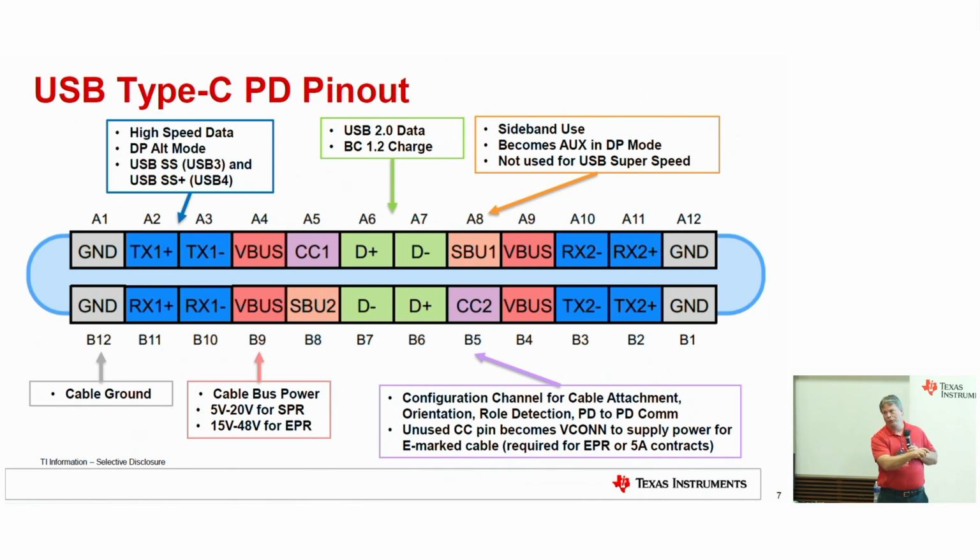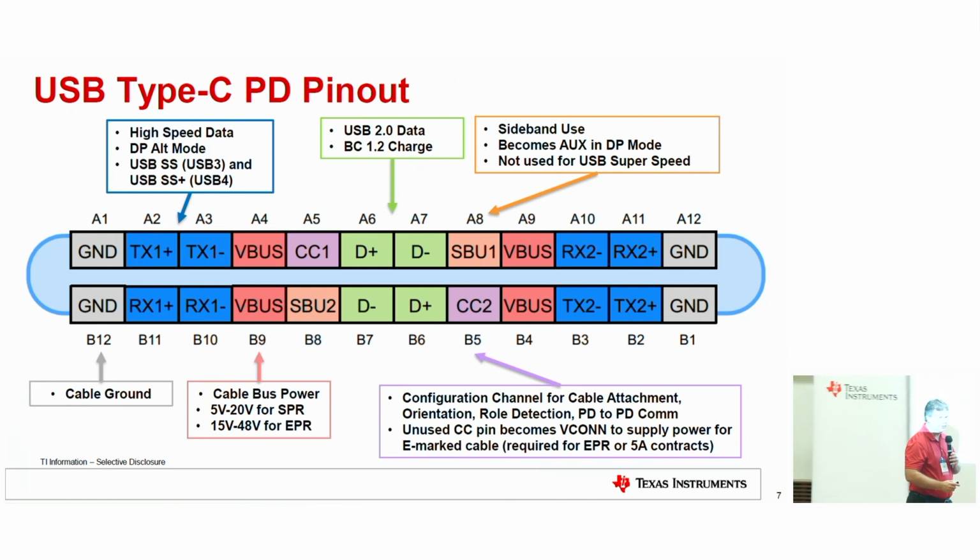So your traditional USB 2.0 lines are the D plus and D minus, and an audio accessory can tunnel through that. That's typically how it'd be done. But if you're doing something much more advanced, part of a laptop going to a dock, it would typically be done through PD. If all you were doing is an audio accessory at 5 volts or less, I think it can be done straight through that. And again, the PD or Type-C controller does nothing with the data. We're just passing it through, so we're not in the middle of that at all. Thanks for the question. Any other questions?